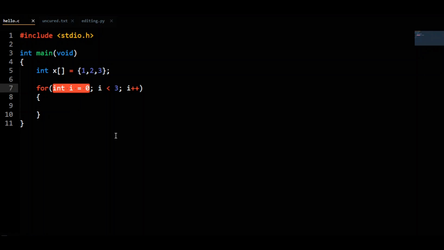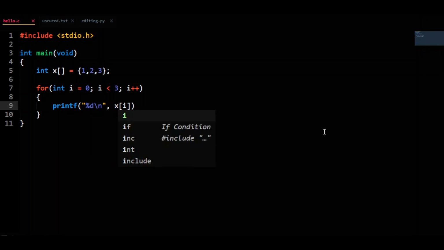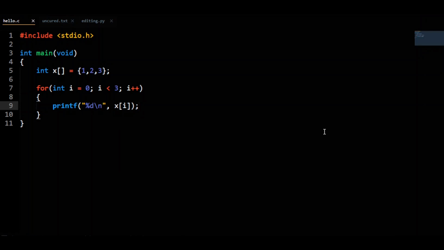It can be named anything, but people normally just name it i, at 0. Continue to loop until the index variable is less than 3, and at the end of every run of the loop, increment the index variable by 1. Inside the loop, we'll do printf double quotes %d \n, then printf x sub i, meaning on every run of the loop, print the current element.